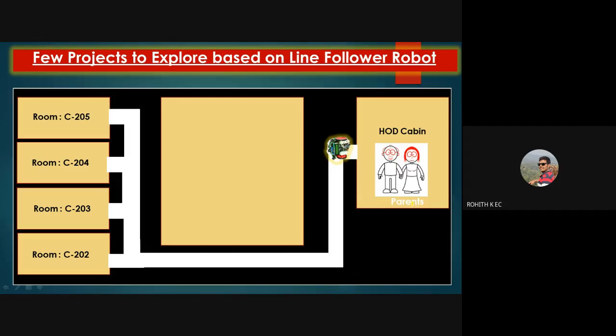Along with this, you might have seen it for yourself during CET counseling sessions and all. So many people come to our college, they'll be standing in front of A block, B block, and C block. Many of them are mostly looking for information. So you can use a robot, intelligent robot, which can talk to these parents in their regional language and then guide them, give them information. So you can do many such projects. And when parents or students see that technology is showcased to them, the moment they enter our college, they'll also feel very happy about our college, and they'll appreciate such type of projects.